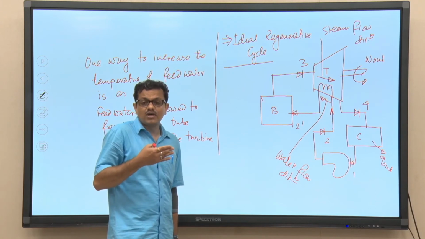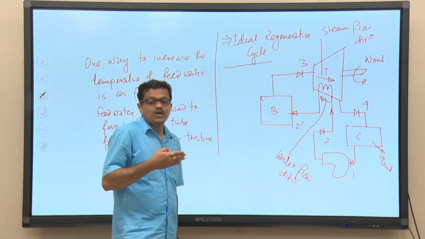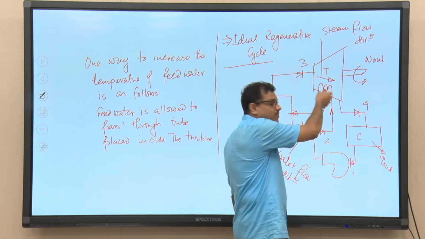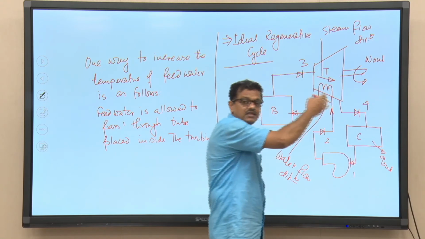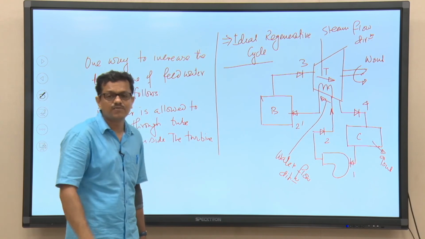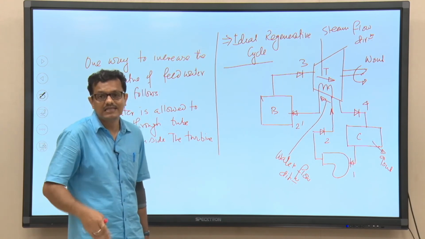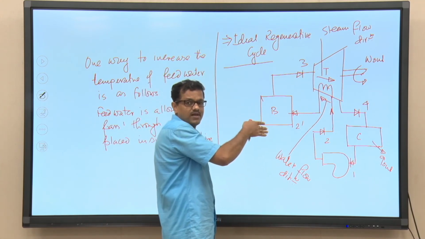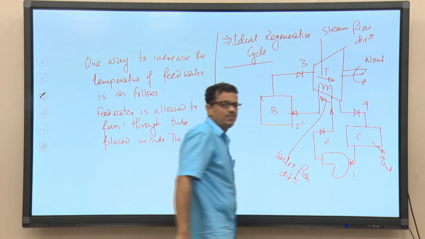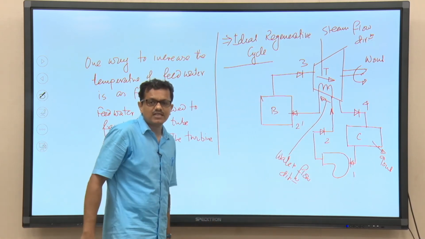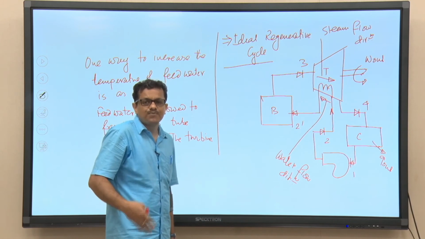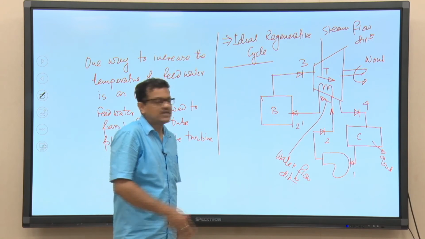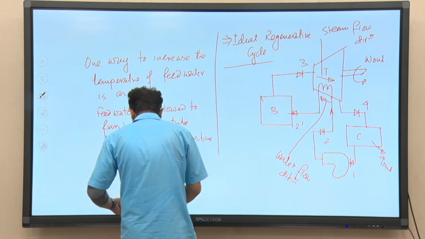So, we do not require an additional amount of fuel to heat up that feed water. Rather, we are taking a certain amount of heat from one part of the cycle, and that heat will be utilized to increase the temperature of feed water in another part of the cycle, and that is nothing but regeneration. Okay. Since this has one serious problem, that the lifetime of the turbine blade is very important, and knowing fully that the quality of the steam may deteriorate at the exit of the turbine, we cannot go for this particular method, but still there are so many other methods.